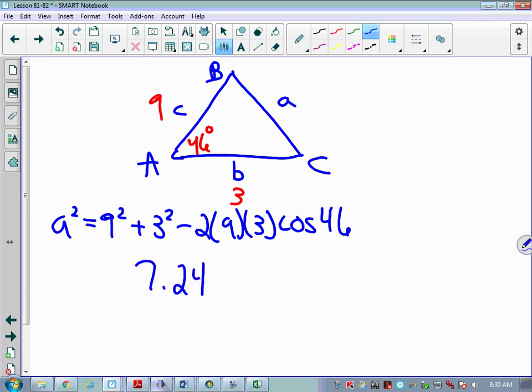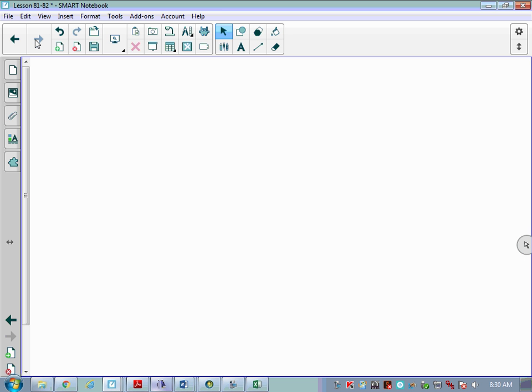So anytime I'm looking for a side length and I have my angle, these are really easy to solve. Nice and easy. All right, number 3, solve the triangle given that side A is 19, B is 12,